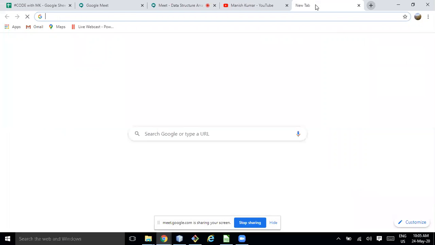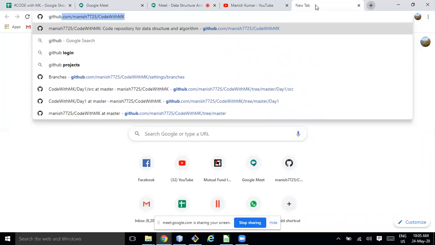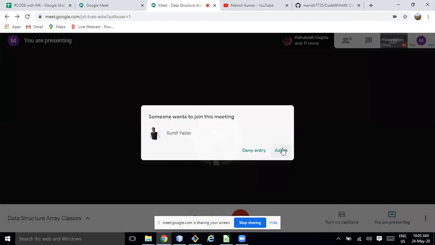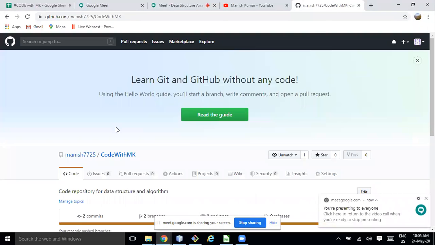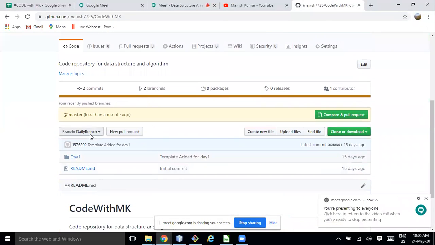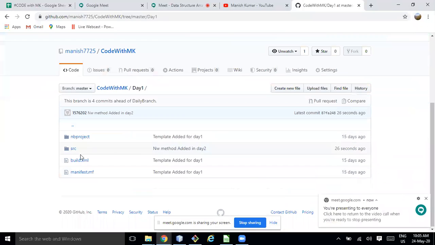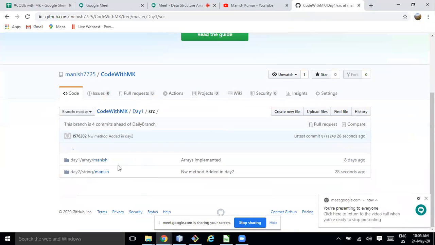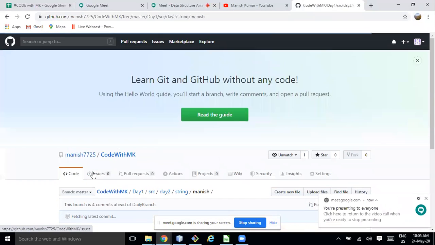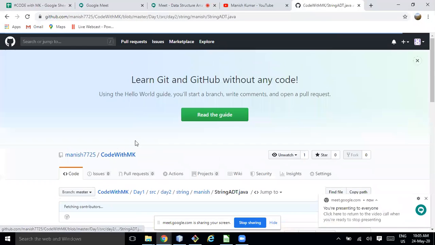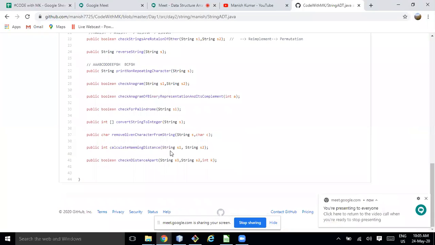If you go to the GitHub repository, master branch, day 2, string, and open string editing, you can see the new method is there.